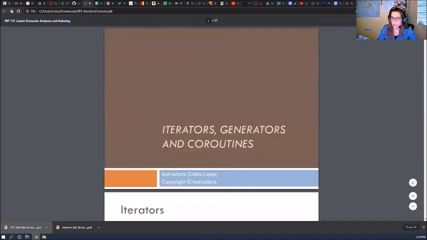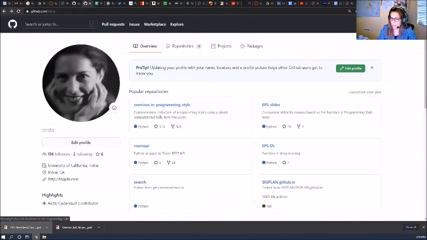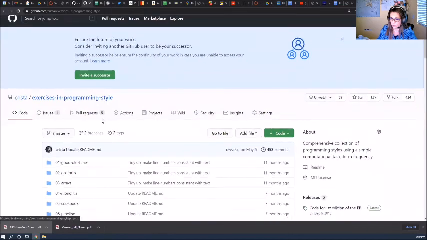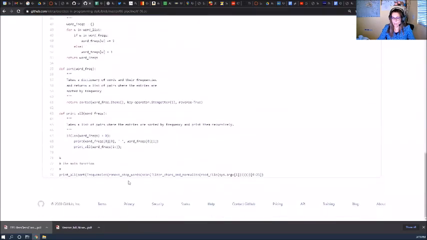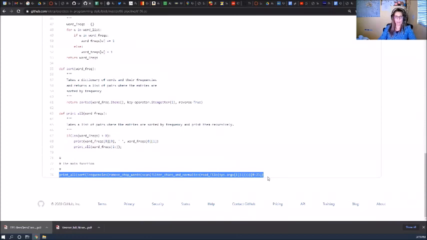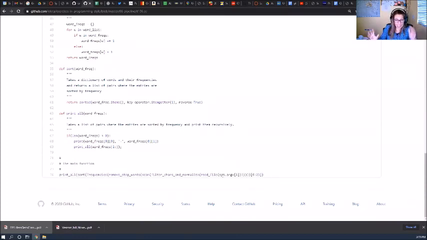If you go back to the pipeline style over here, if you just do a functional pipeline, there are indeed these large intermediate lists being generated.